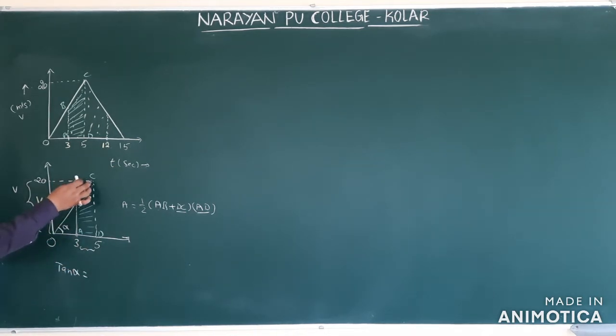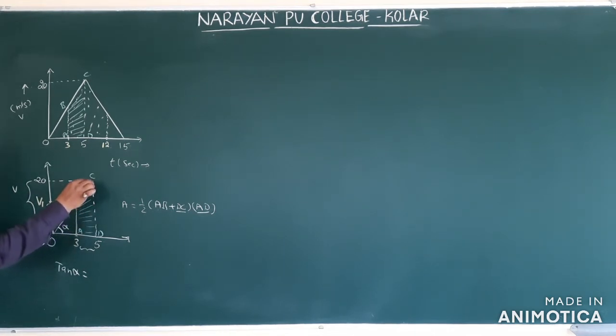It is moving with constant acceleration. Therefore, slope will be same at each and every point. In the previous graph, displacement time, therefore slope is same at each and every point. Here slope is same, and here slope means acceleration. In the previous graph, displacement time, that was velocity. So a small change is here. But the graph is same. Here the x-axis and y-axis are going to be changed.